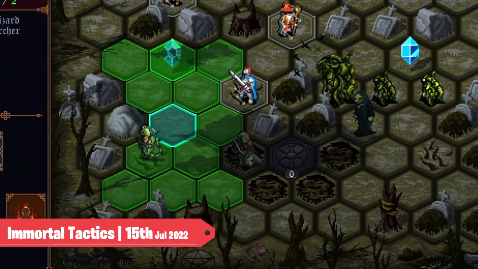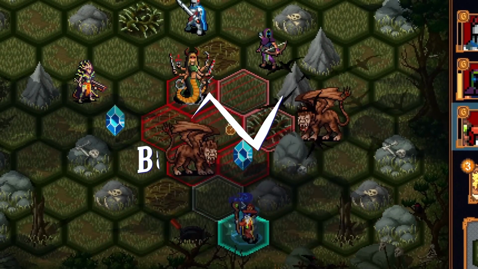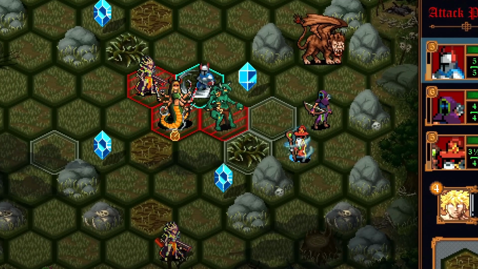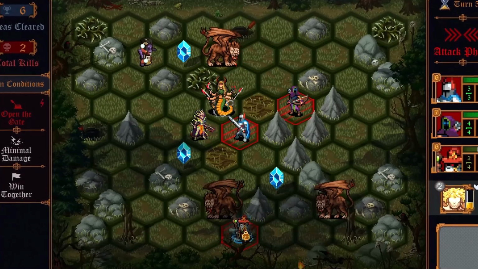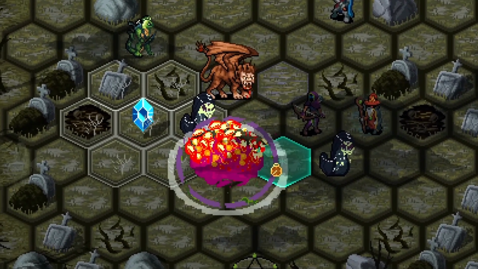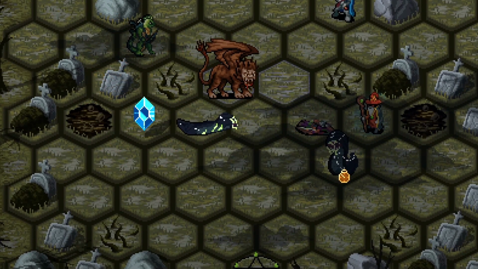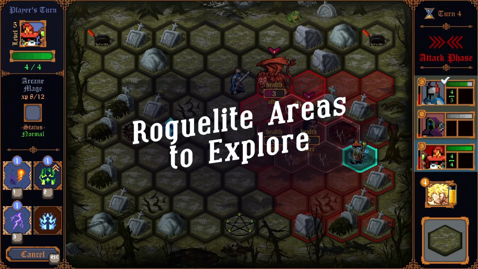If you often find yourself wishing that terrain and environmental effects were more of a factor in your tactical games, Canonsoft's Immortal Tactics: War of the Eternals is definitely a game you should check out. These roguelite hex-based battlefields are positively bursting with dangers to evade and exploit. Storms of arrows from off-screen armies and the grasping hands of restless dead are just a few of the hazards